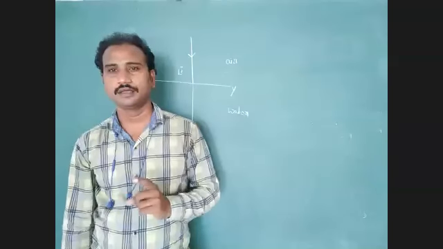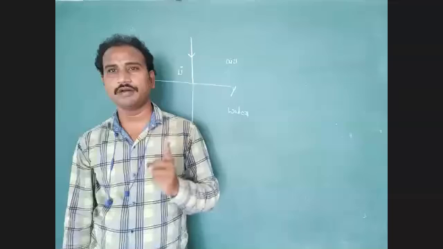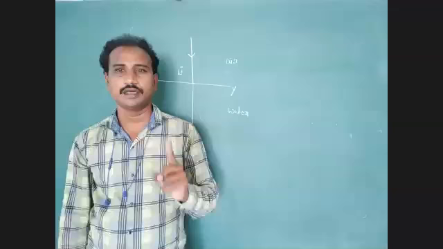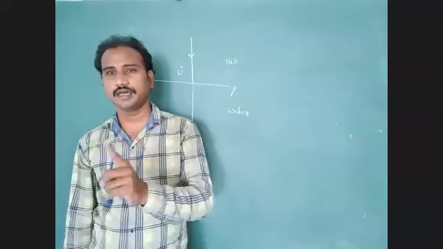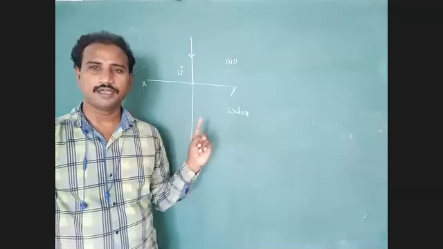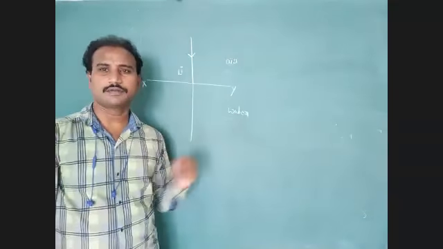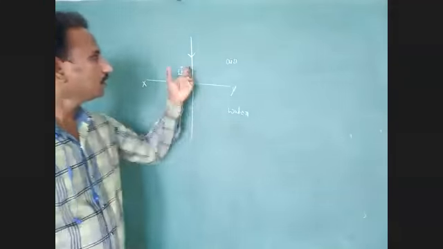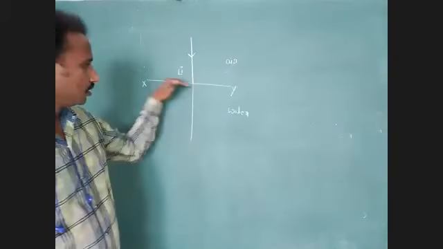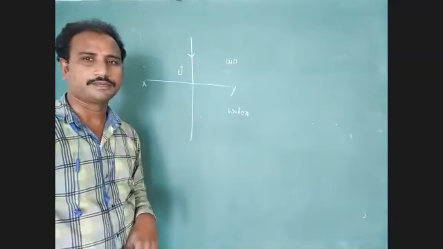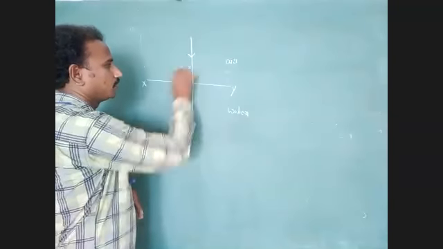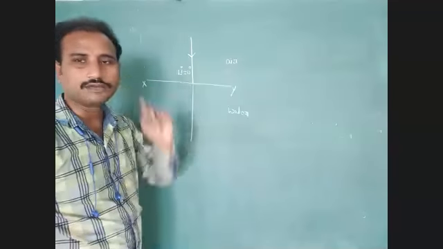Everyone is thinking of the first law of refraction. If a ray of light is traveling from one optical medium to another optical medium, then the refracted ray deviates in the denser optical medium. Yes or no? But here we have to observe that the direction of the incident ray is perpendicular to the refracting surface. Yes or no? Here identify the angle of incidence value, how much? 0 degree.